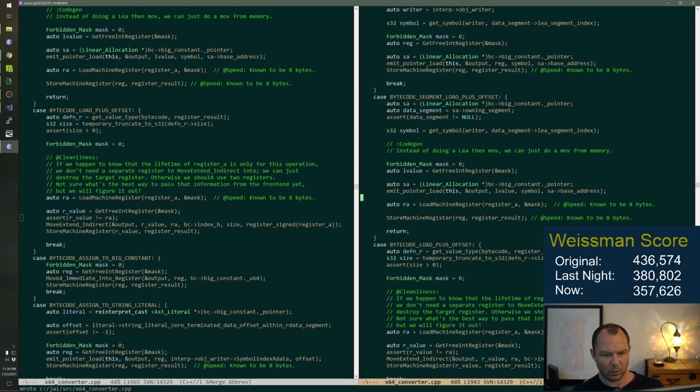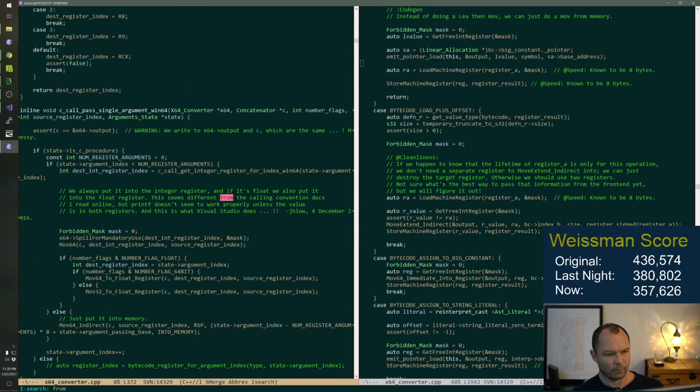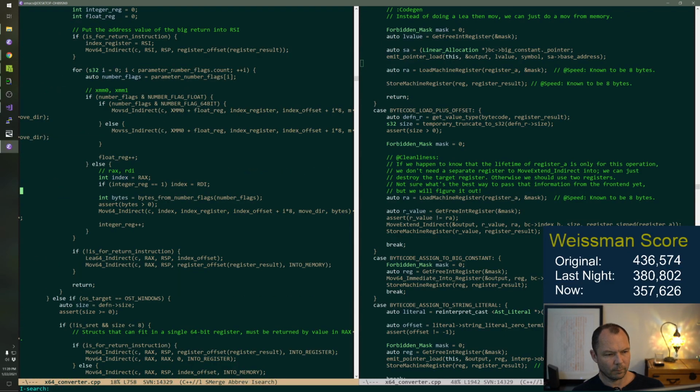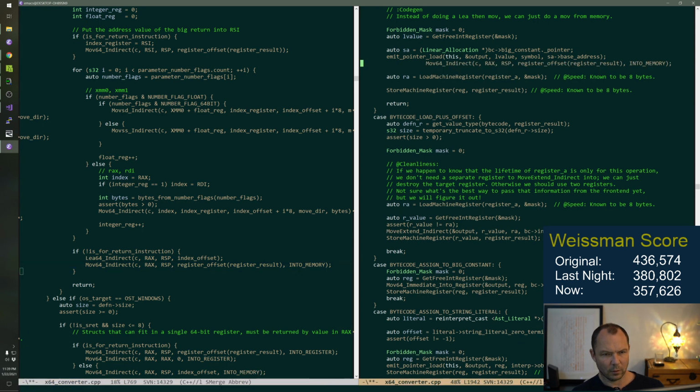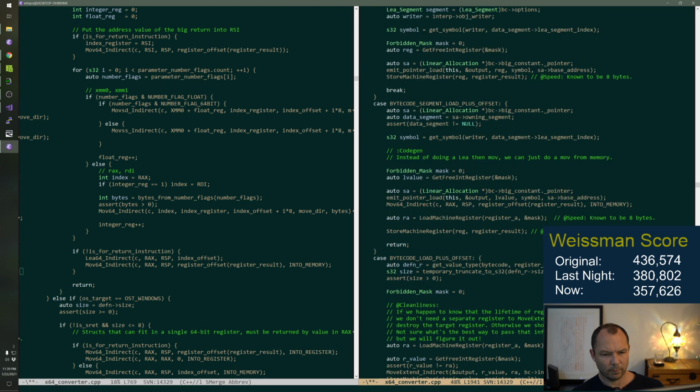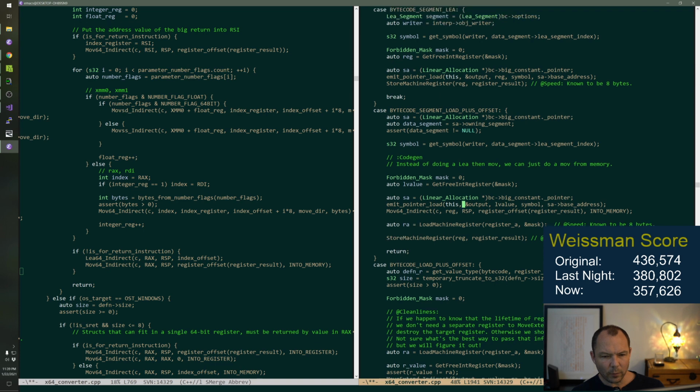Then we want to move 64 indirect, reg, reg, BC arrow offset, into register.